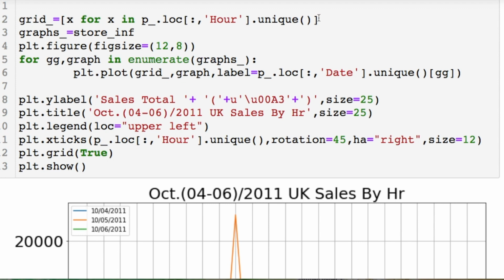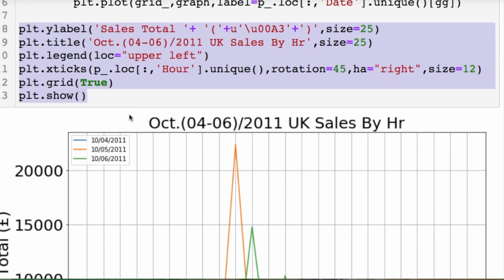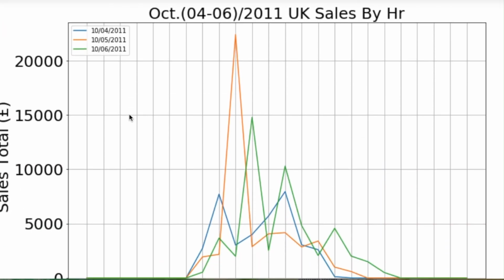We do what we've done before, a list comprehension for our unique hour names to be our X value. We call in what I just showed you for that above, which is our Y. Then we got to do our iteration here, take our X, Y, and our labels to our unique date names, and make sure that you use this here so you get the correct indexing positions, and chuck in what we've done for the last few right here. And we'll scroll out.